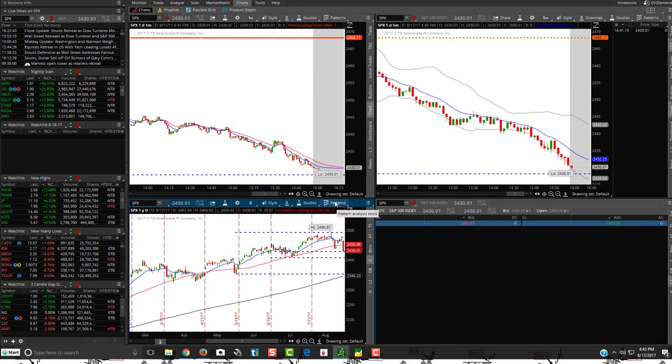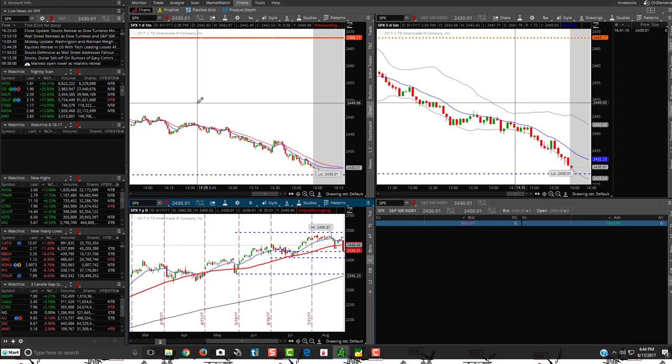Everything's all about support and resistance, especially, well, really with any type of trading, whether you're doing swing trading, long-term trading, day trading, doesn't matter. It's all support and resistance. You look at it on the daily, and then you peel it back within the intraday time frames. I personally use the 1, the 5, and the daily. But that's because I'm a day trader, so I look at the 1 and the 5 a lot.